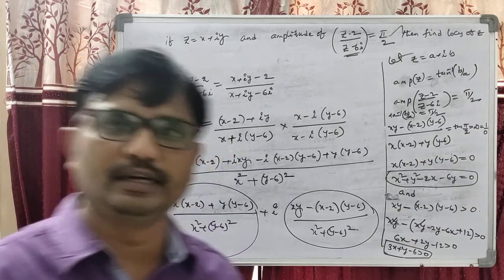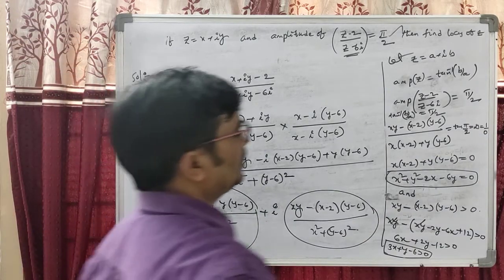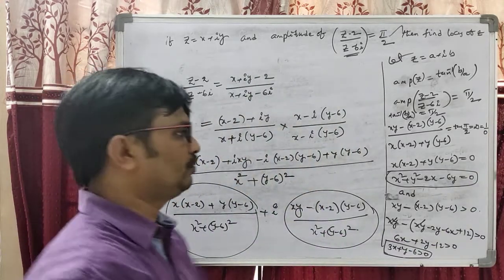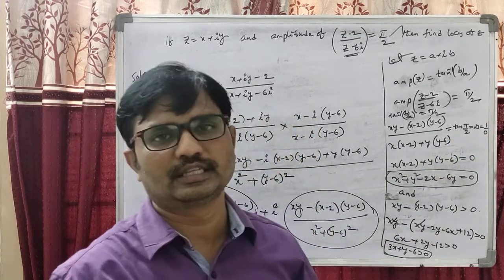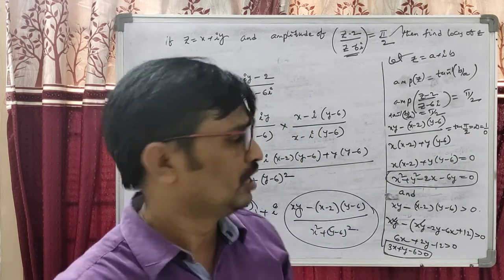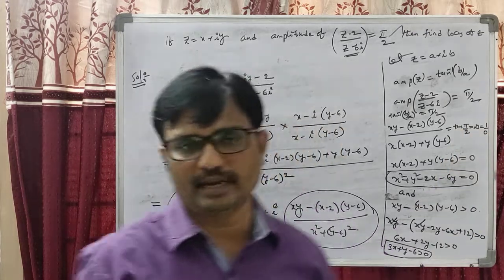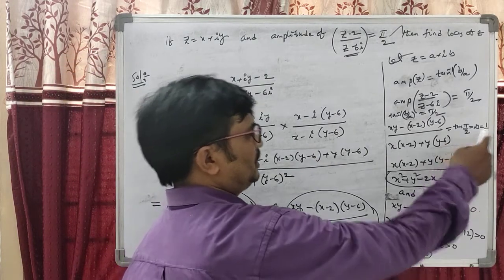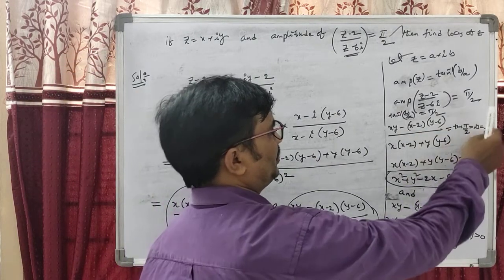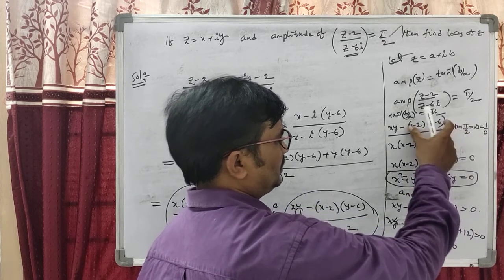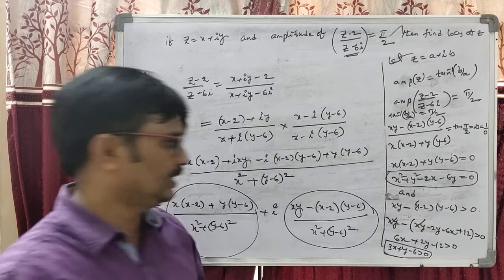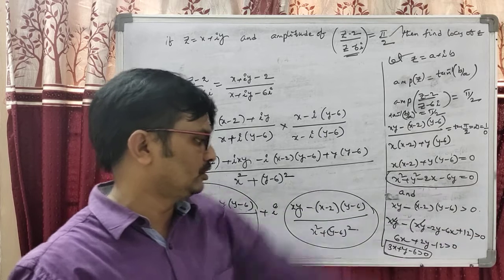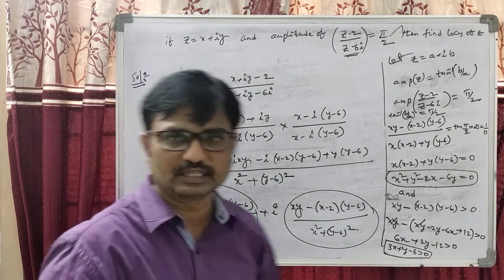Undoubtedly this must be 1 by 0, 2 by 0, 3 by 0 when it is given plus 90, while when it is given minus 90, that is minus 1 by 0, minus 2 by 0, minus 3 by 0. So by cross multiplication we get this is 0, and this must be greater than 0. That's why the locus of Z is x square plus y square minus 2x minus 6y is 0 and 3x plus y minus 6 greater than 0.